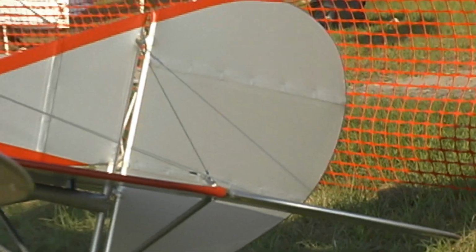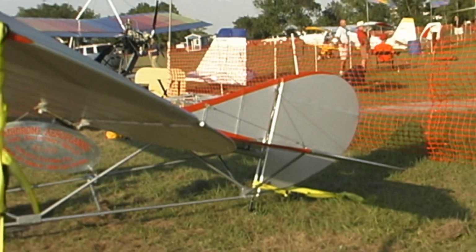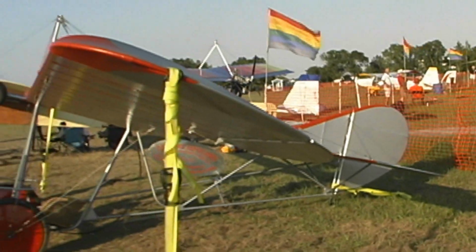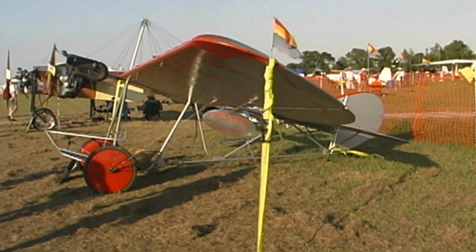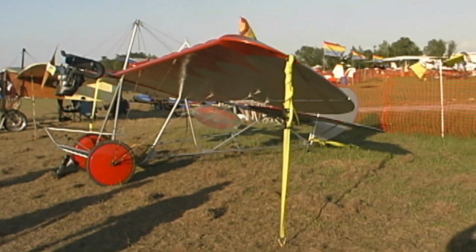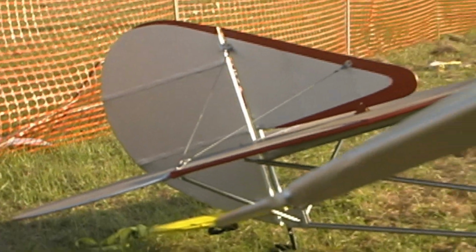We revamped it, brought it out this year, to kind of bring back the Part 103. Part 103 kind of got forgotten over the last years. All the talk's been about sport pilot and stuff. There hasn't been much attention paid to it. So this particular airplane is called our Dream Classic. We have the single place. We also have a strut brace version of this aircraft, and then we have a two-place version called the Dream